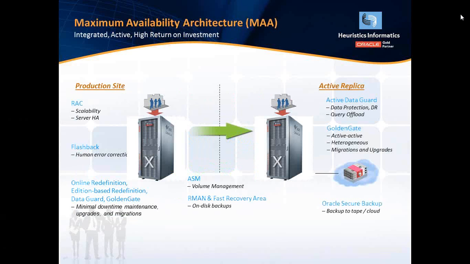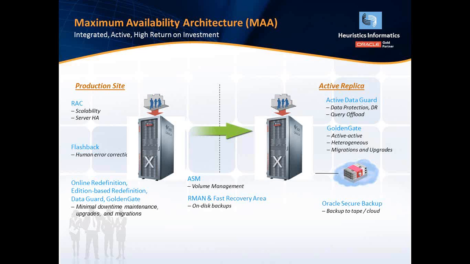from human errors, maybe incorrect data updates, maybe some tables being dropped or some data being deleted by mistake. Then you've got ASM, which handles all your storage, which will allow you to have high availability on the storage side by configuring redundant disk groups or failure groups as they're called. RMAN and fast recovery areas will allow you to have backups that can be put on disk and quickly recovered